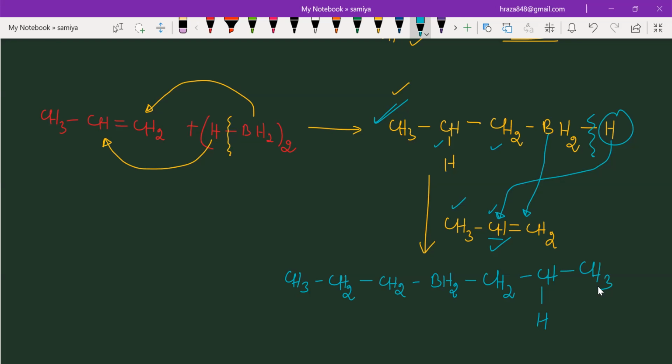Sir, can you explain the step again? In the first step. Any doubt in the first step? Please let me know. Yes, sir, you are lagging, and there's no doubt in the first step. First step is good. So you can see the first step is like this: CH3, CH2, CH2, and this. Oh, wait a minute. This is basically